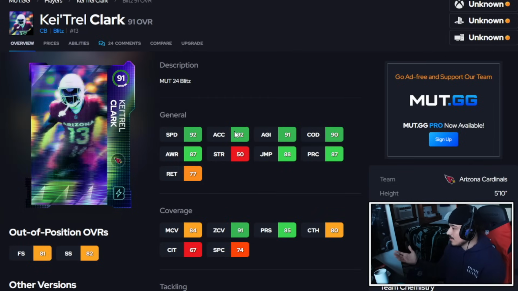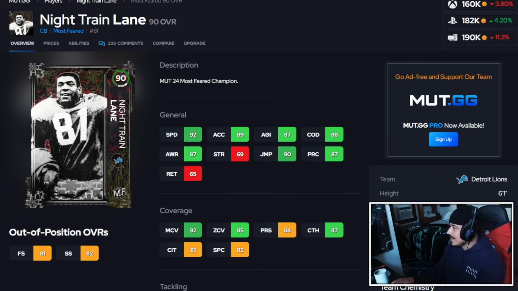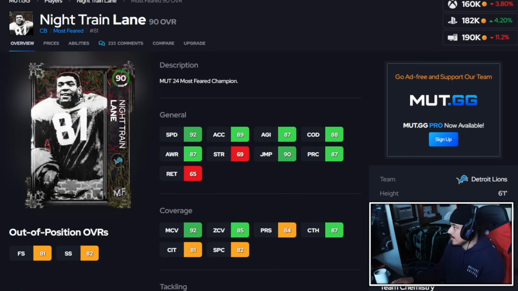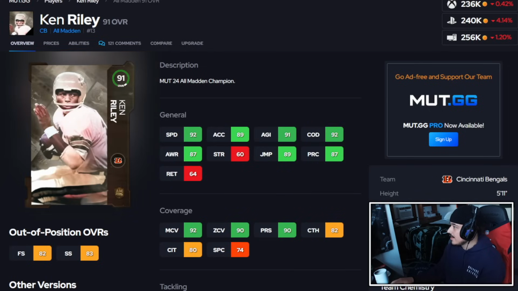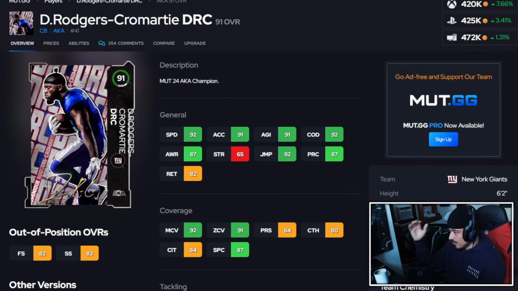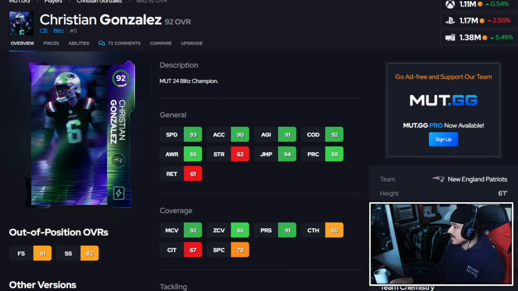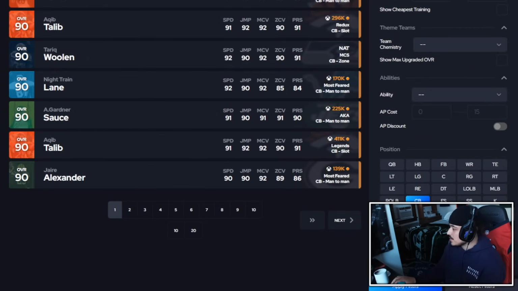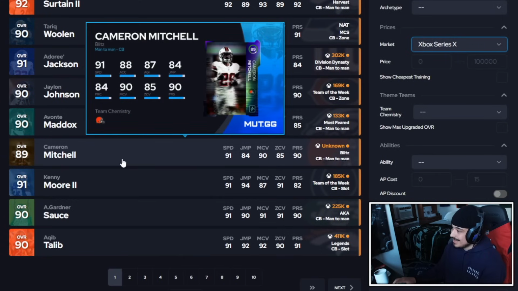This guy is more of your zone option, and he's a little bit smaller, but again, I'm kind of clicking through these cards, and you see there's not that many good budget cards, and I'll even show you. Here's kind of our mid-level: 160, 200K, 200K, and then Champ Bailey's 300K, and then we go up a little bit more, and we have DRC, Pat Surtain, and Christian Gonzalez for 1.1 mil. I'll even go to the cornerbacks, and you'll see if I sort by speed,